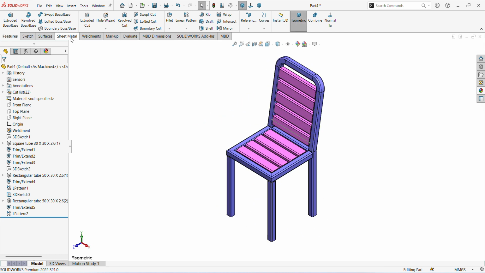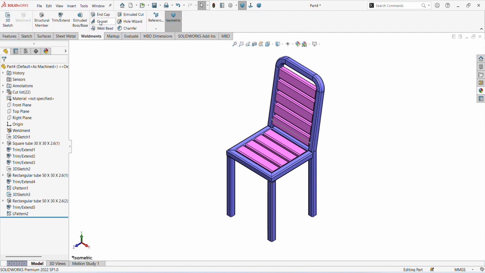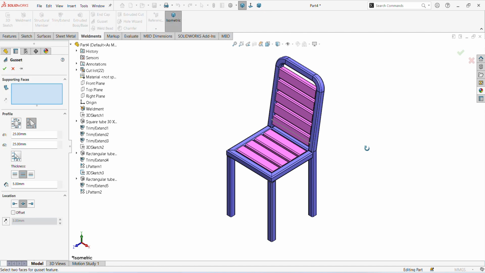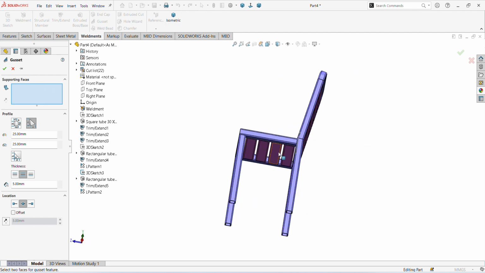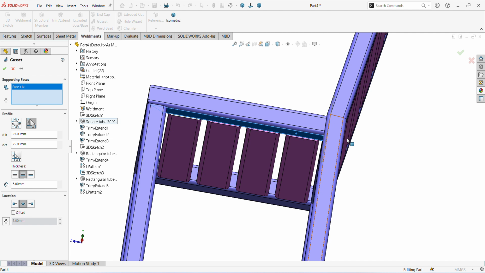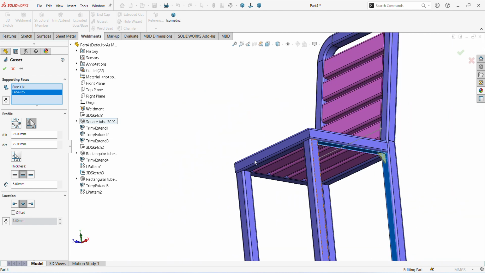Now for the gusset, come in weldment. See here the gusset feature. Select gusset. For the gusset you have to select at least two faces. So I select this face and this face. Now there are two types of profile. One is triangular profile and